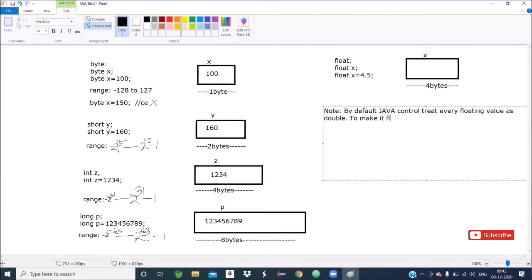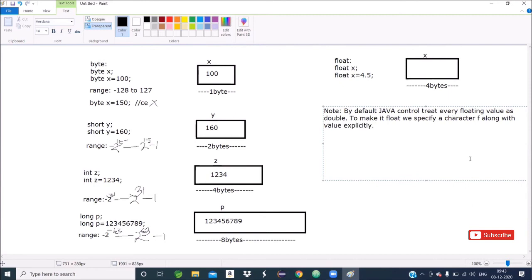So to make it float, we explicitly specify the character f along with the value.